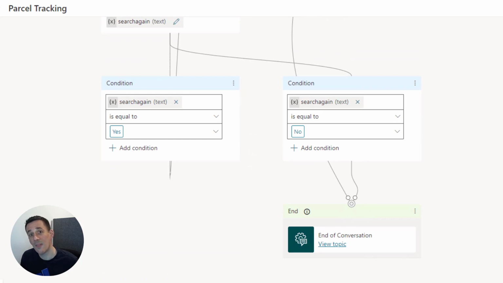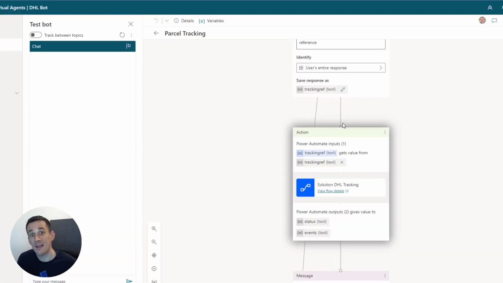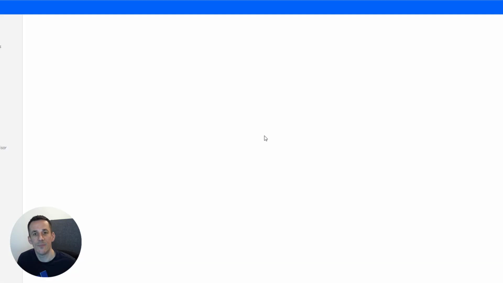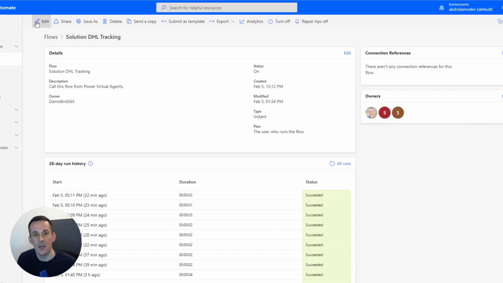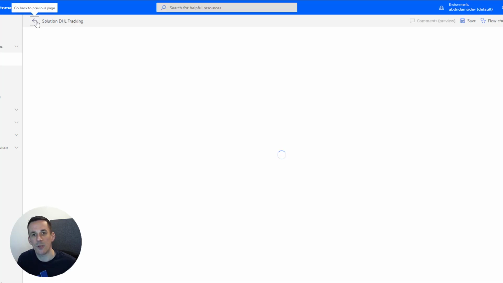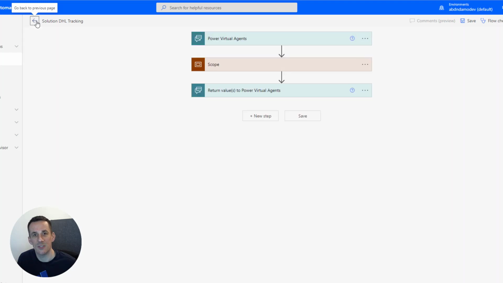So now that we've covered the logic of our authoring canvas, let's go ahead and look at our Power Automate Cloud Flow. So let's now go and explore how that flow works. And we'll do that by launching our Flow Designer via this Flow Details button. And that will launch Power Automate and allow us to see the history of our flow to date. So I'll go into Edit, and then we'll explore the trigger and the various actions that I've used to build